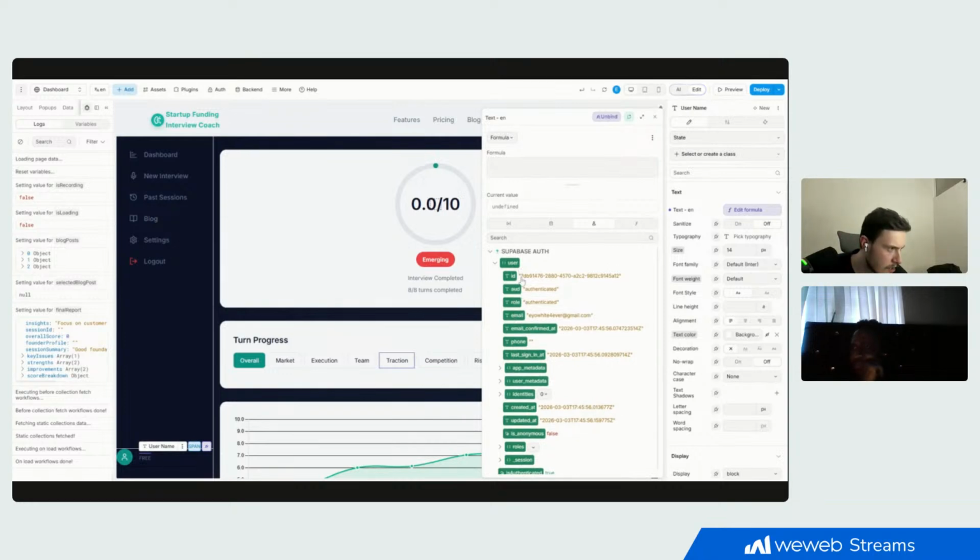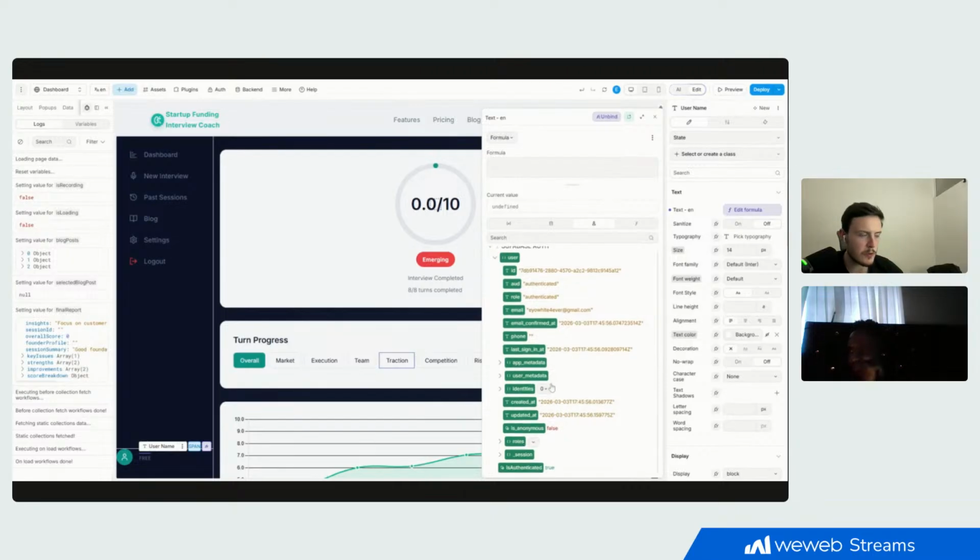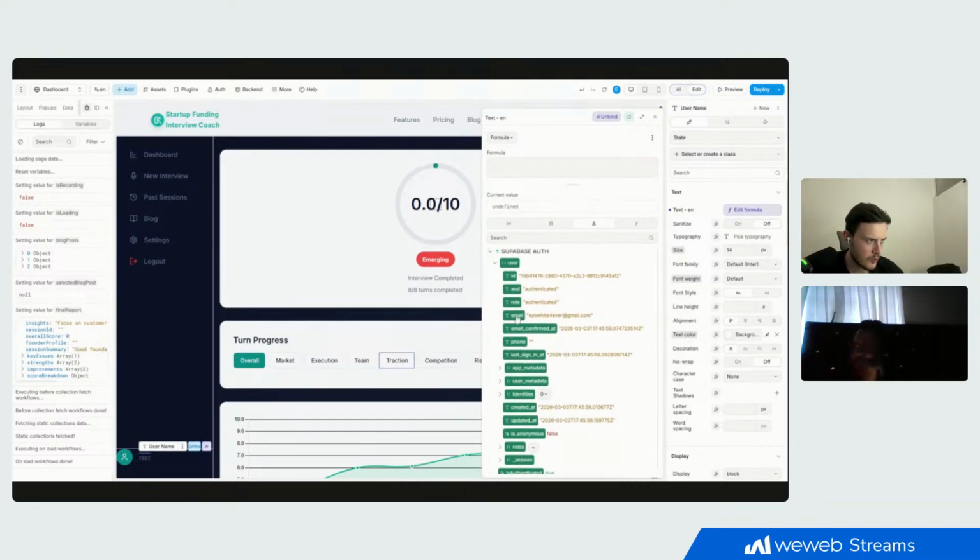I don't think it was username actually. Yeah, no, it's a Supabase thing. So it's not email... the easiest thing would be the email. So yeah, you can do something like that. And then